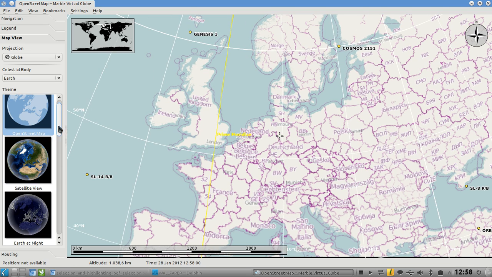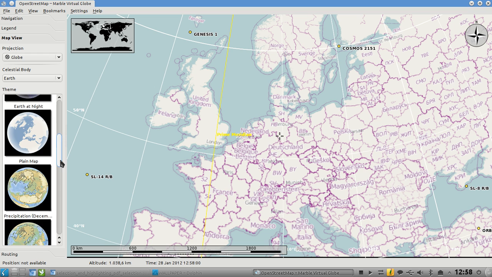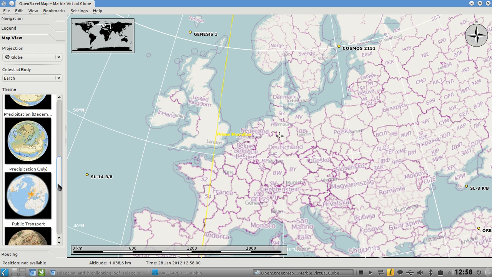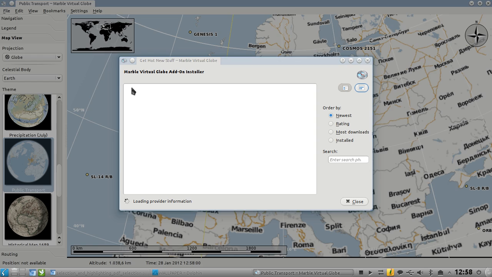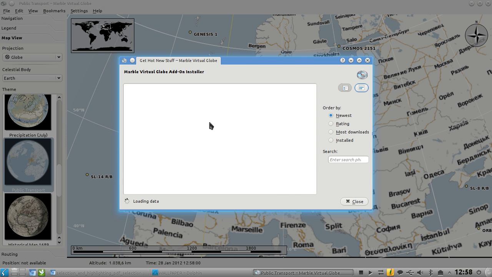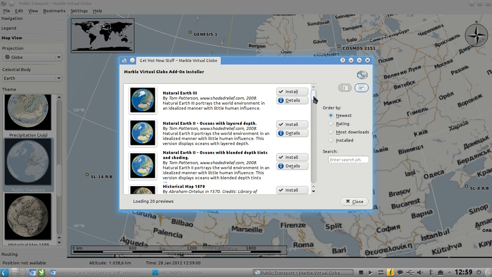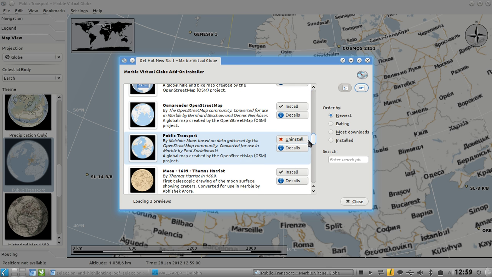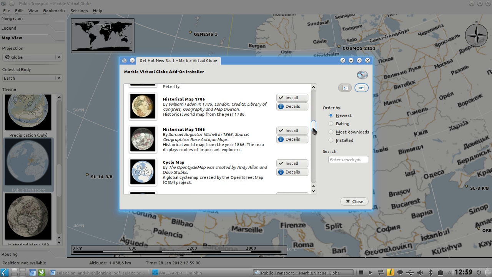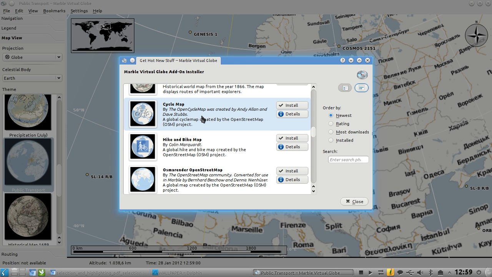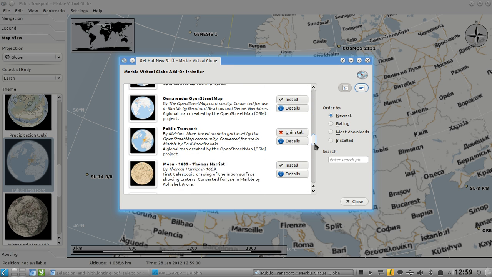And you have these different maps here, for example, the public transport map, which is very, very cool. I found it by just going to File and Download Maps, which allows you to download lots and lots of cool new maps for Marble. And for example, historical maps, also from 1786, showing how the world looked. A bicycle map if you want to cycle around the world. You have a bicycle map here, and a hike and bike map, moon